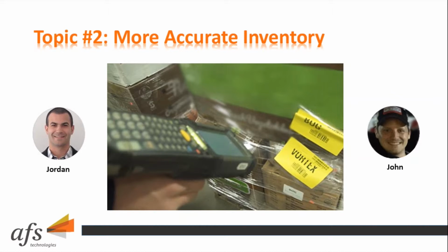I'd like to touch a little bit on something you said there, of how you went away with complete wall-to-wall physical inventories. I think living in a paper world, it's very common to do wall-to-wall inventories on a monthly, quarterly basis. But using a WMS allows you to count the problem slots, the problem products, and it points out